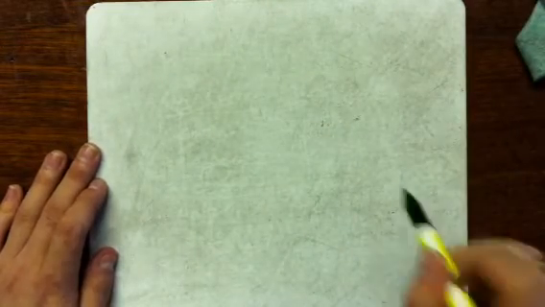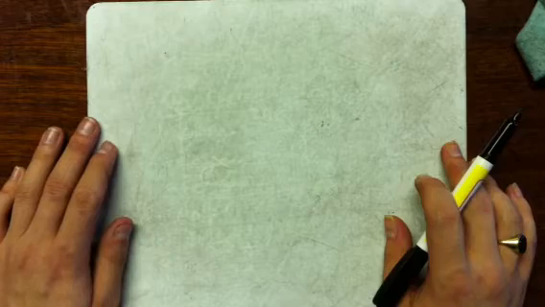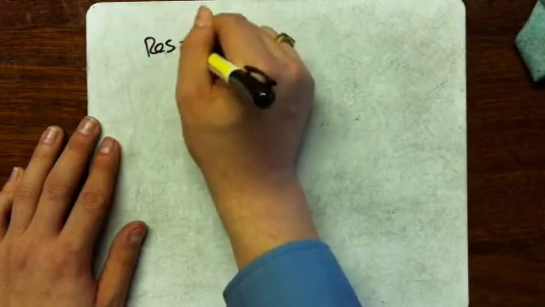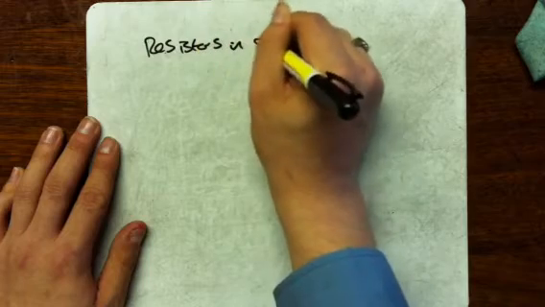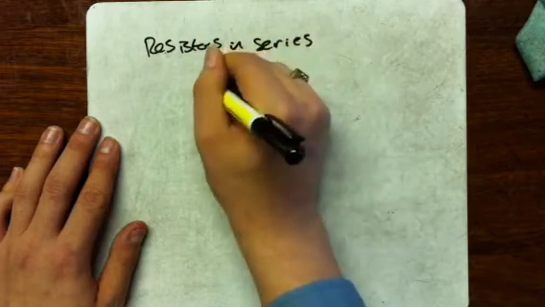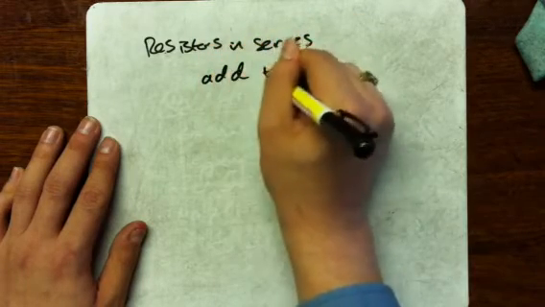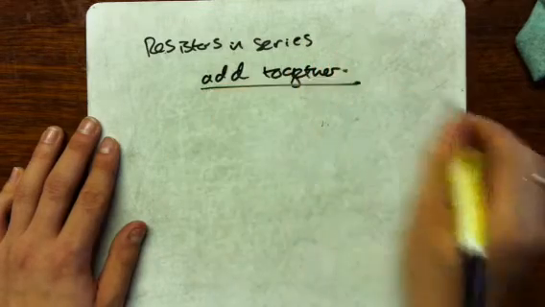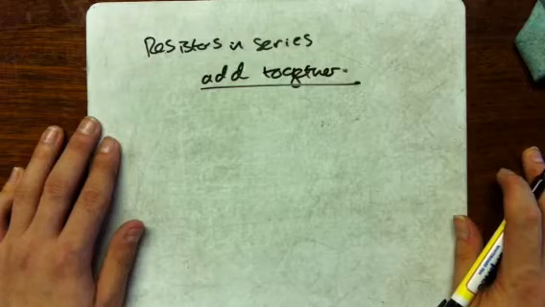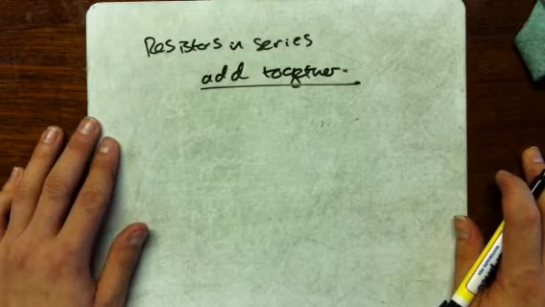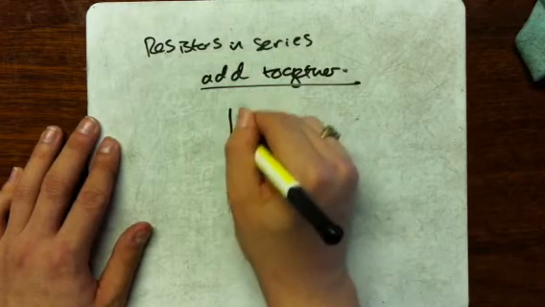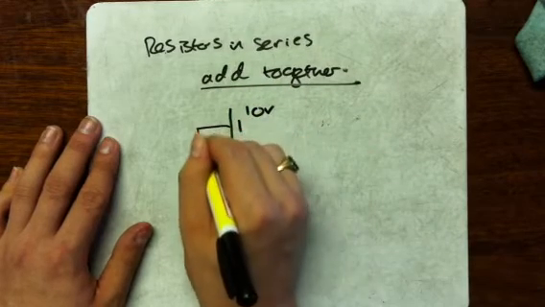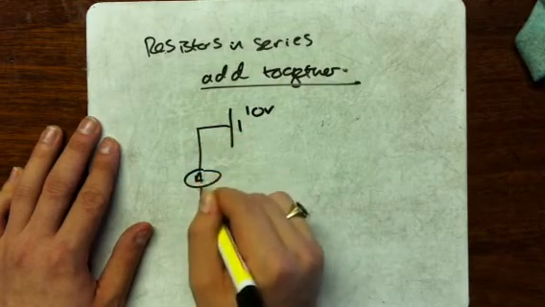Okay. The last one we're going to talk about is resistors in series. Resistors in series add together, basically. So if we want to find the total resistance of a circuit, we add together the resistances of every component in said circuit. For example, again, we've got a 10 volt power supply with an ammeter,